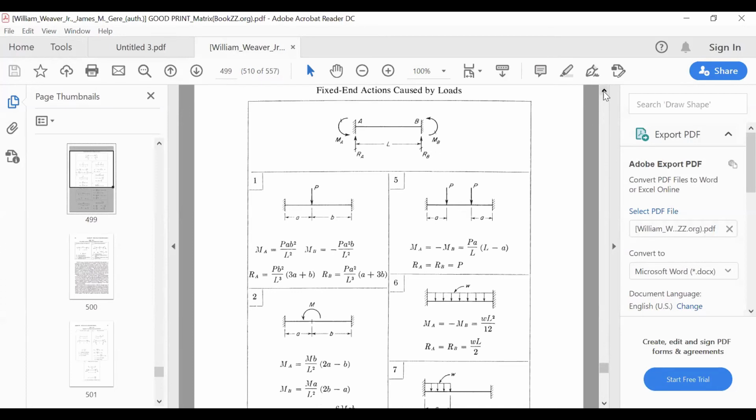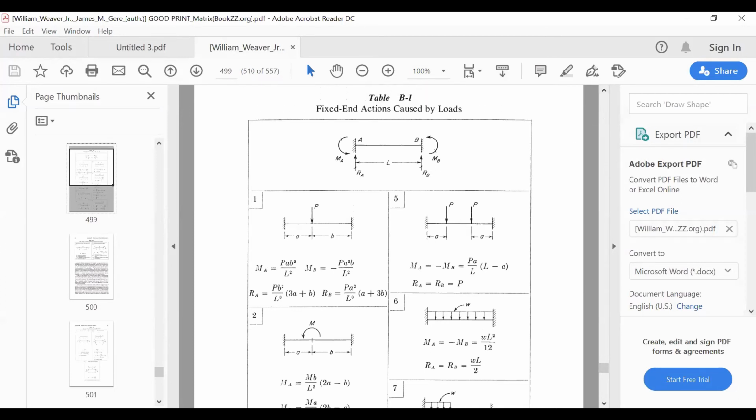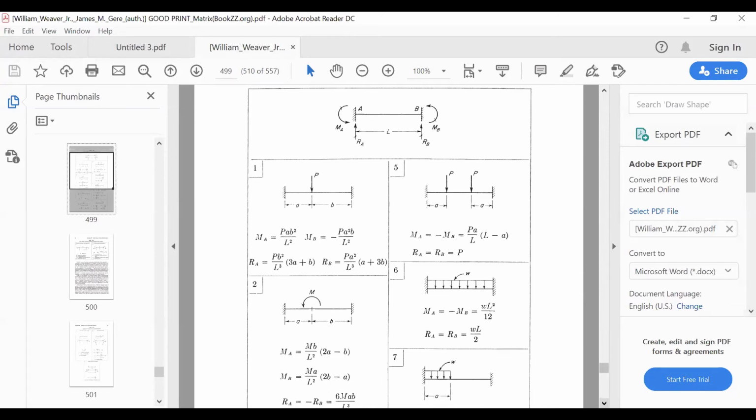These are ready-made formulas, which you have also used in the slope deflection and moment distribution methods. They are there in Hibbeler's book and all other books also, at the backside. So MA is equal to WL square by 12. MB will actually be in the clockwise direction, so they have shown it negative. We can also write it that way. I am not discussing the sign convention for a single beam; when we do multi-span beams, it will be discussed more properly.